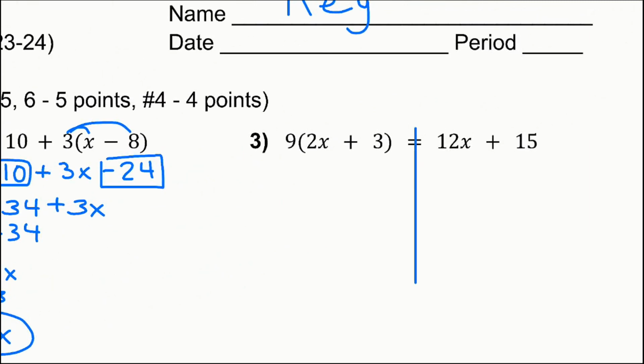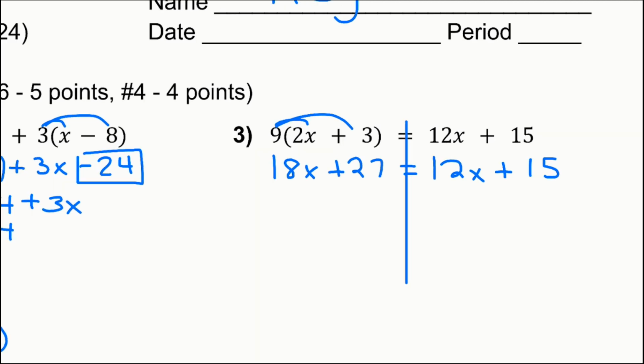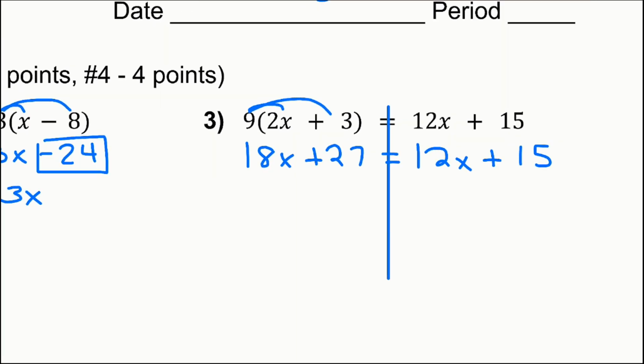All right? I'm going to start by doing the distribution. Gives me 18x plus 27 equals 12x plus 15. Get your variable terms on one side. After that, because there's no combining like terms, I'm going to subtract the 12x on both sides. Minus 12x, minus 12x, 18 minus 12 gets me a 6. That should be an x. So 6x